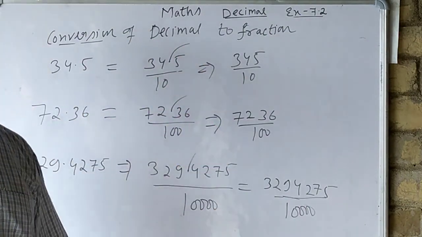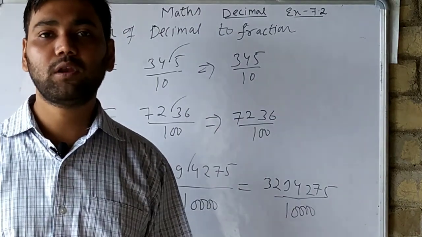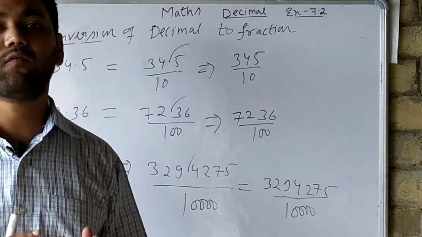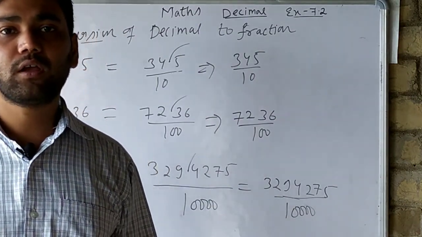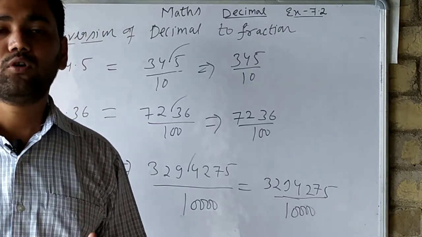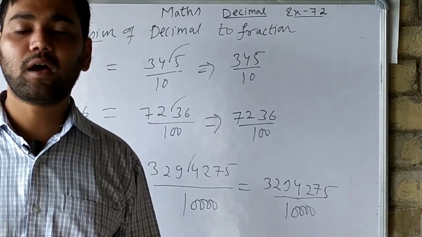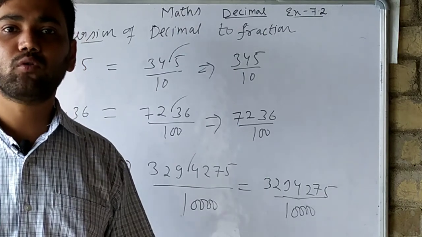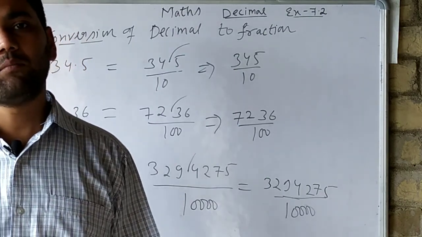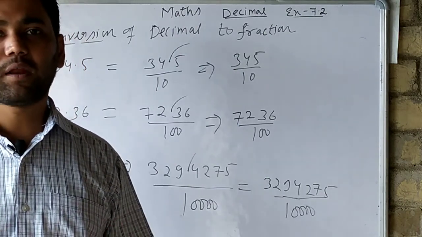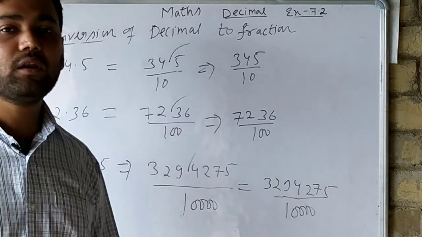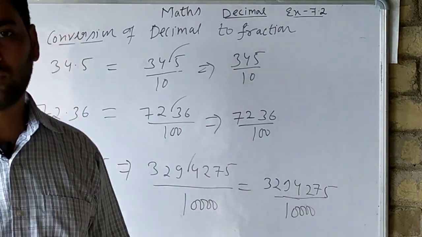Okay, so conversion of fraction to decimal and conversion of decimal to fraction I have explained thoroughly. Now it is up to you to try. Take examples from your own side and try to convert. Keep practicing it a lot so that it will be easily understood by you. Understand?